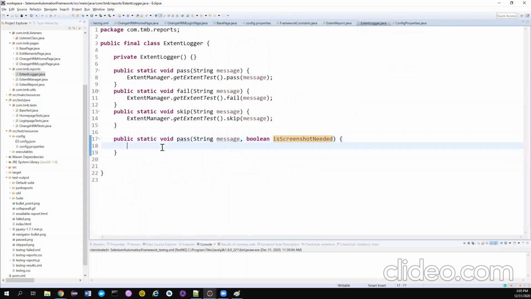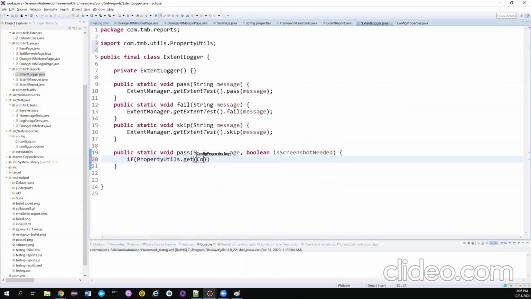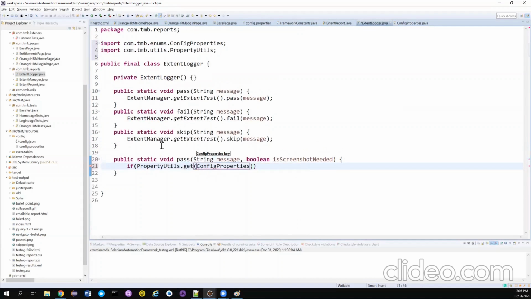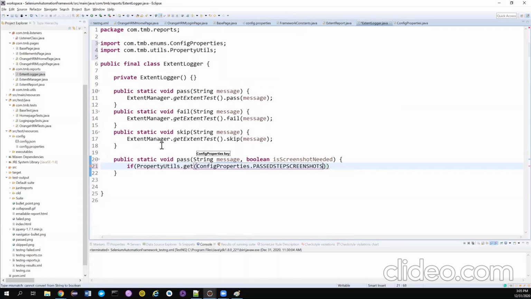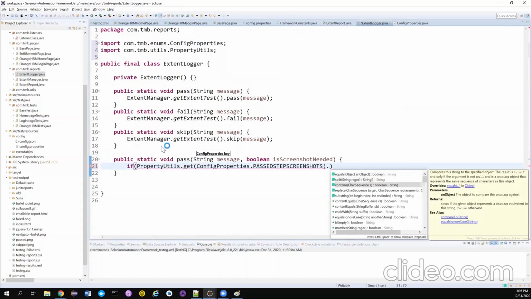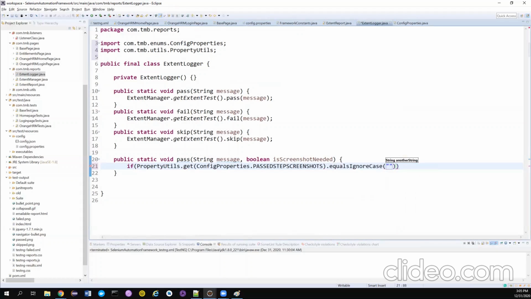Now in the extend post class, I can write some conditions. First I want to check whether the user wants the screenshot for the pass test. Property utils dot get, config properties. I need to pass the enum there. So what is the thing for the pass screenshot? If this is, dot equals ignore case, if this is yes, as well as